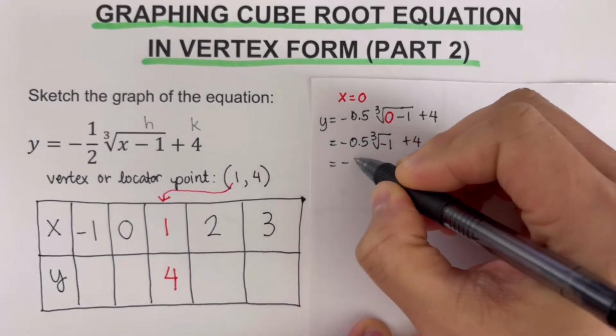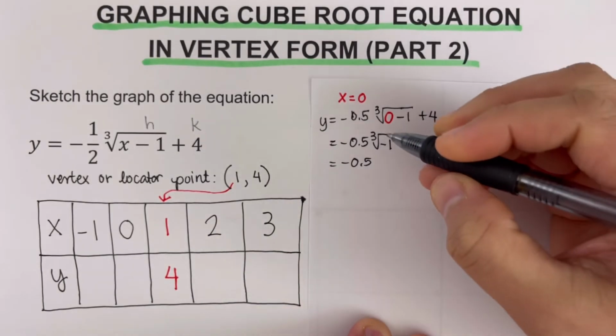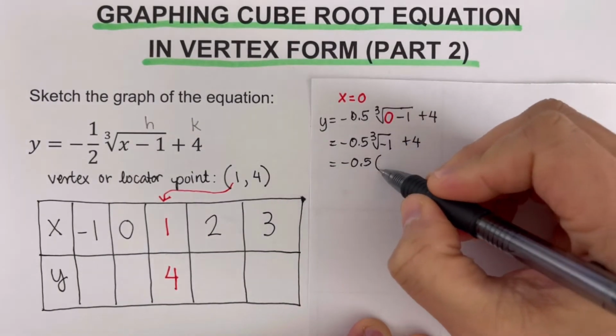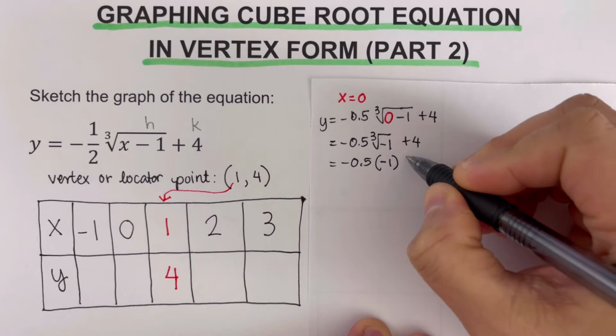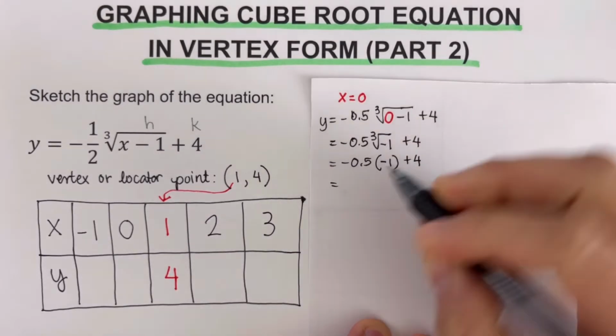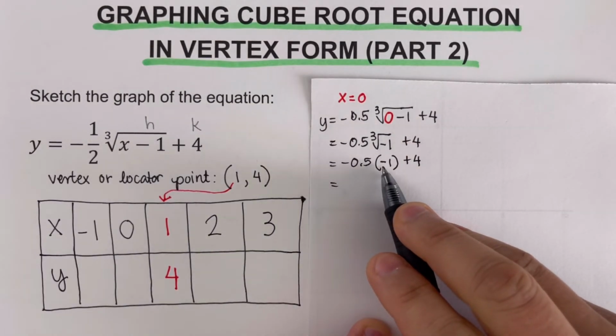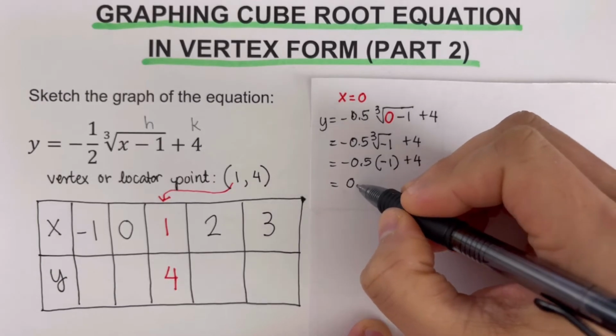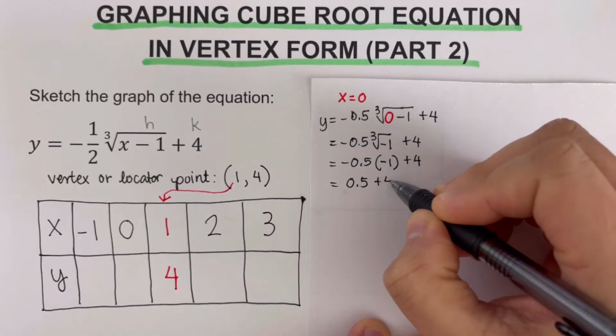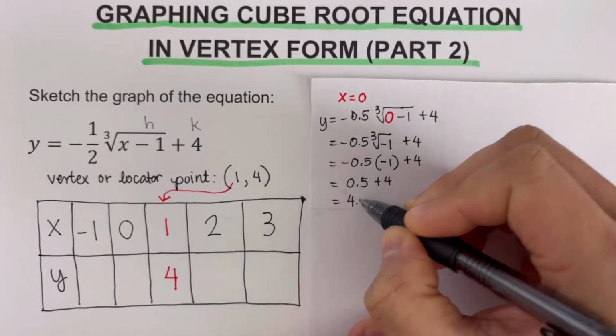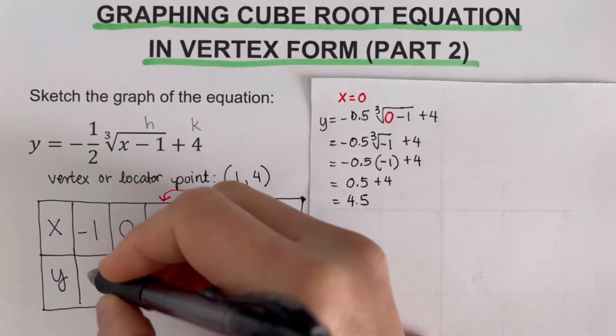The cube root of negative 1 is negative 1, and then plus 4. Negative 0.5 times negative 1 is positive 0.5, plus 4 is 4.5. So the value we have here is